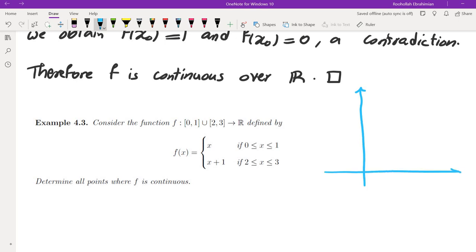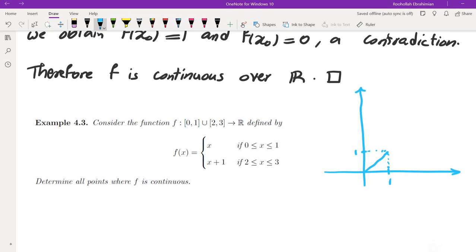This brings me to the fact that I said at the beginning, that a continuous function is a function where, whenever you want to draw the diagram, you shouldn't be lifting your finger, lifting the pen. That is not completely accurate. So let me tell you why that is the case. If you look at this function from 0 to 1, it gives you x. So this is the function,